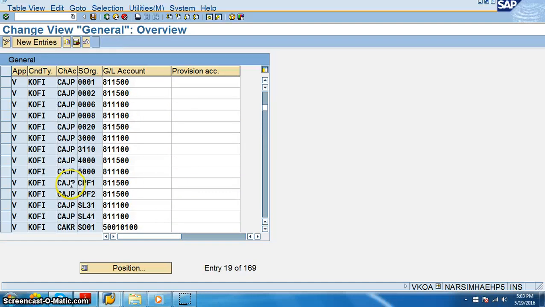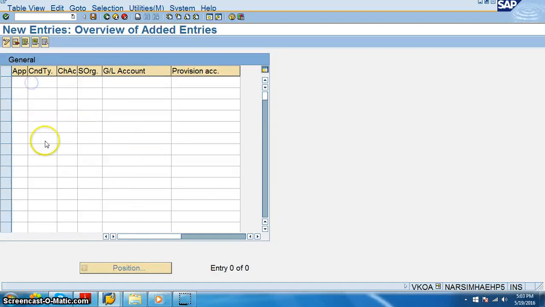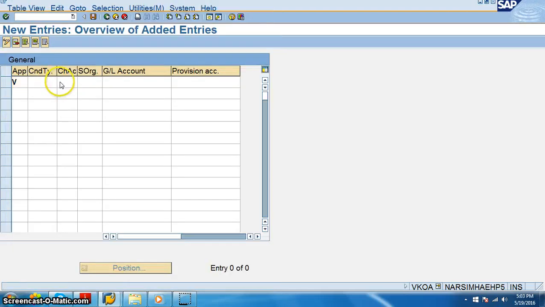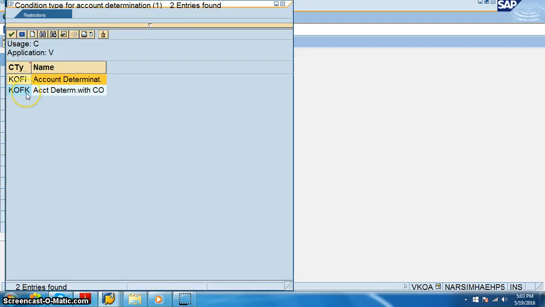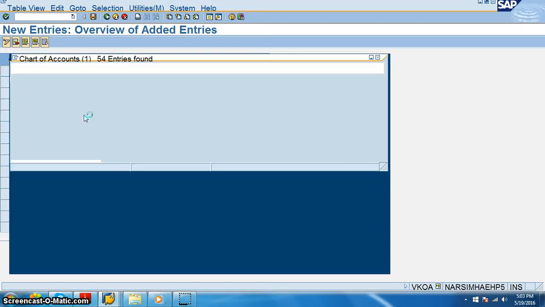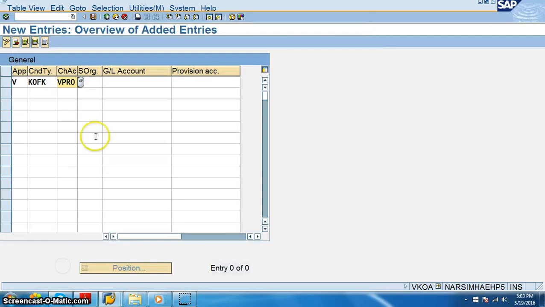So I'm creating a new condition type here. Let's create new entries. The application is sales and distribution V, and the condition type we are selecting from the existing ones, KOFK, this is for account determination with controlling. Chart of accounts is VPRO.